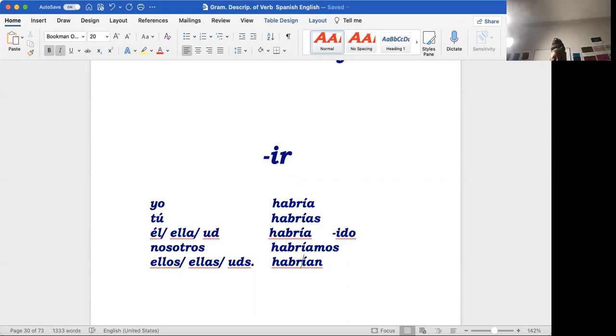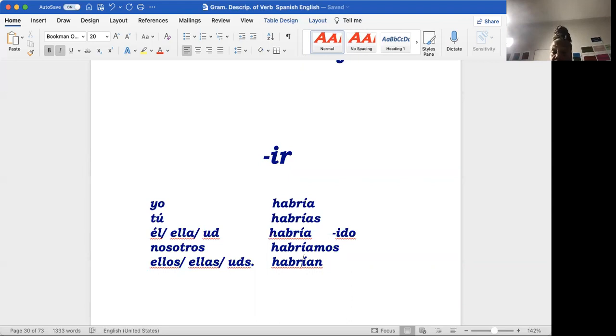But that's neither here nor there. When you're in different situations, you see it differently. Different eyes see it differently, and you're able to correct yourself. So let's see the IR verb. Habría vivido, habrías vivido, habría vivido, habríamos vivido, habrían vivido. And that would be, I would have lived. And then of course you have to add more of the sentence, another clause, which would be an independent clause. It gets complicated.